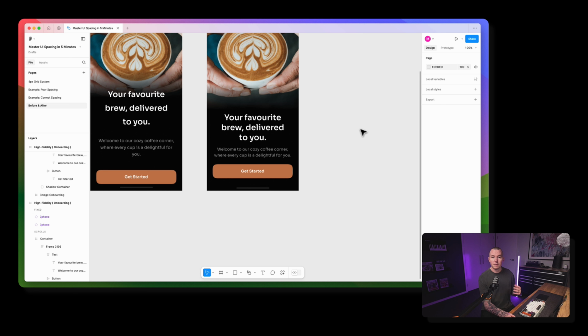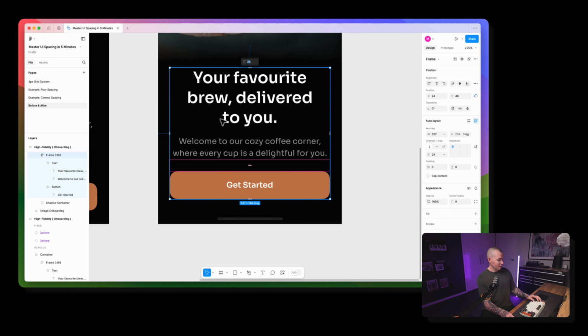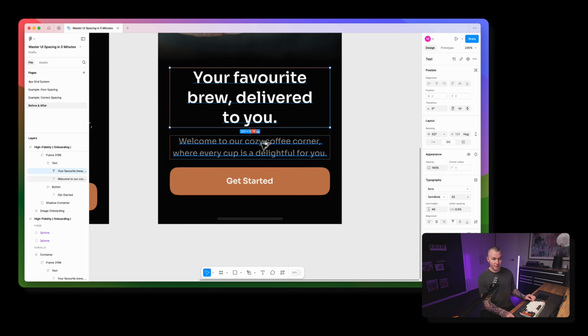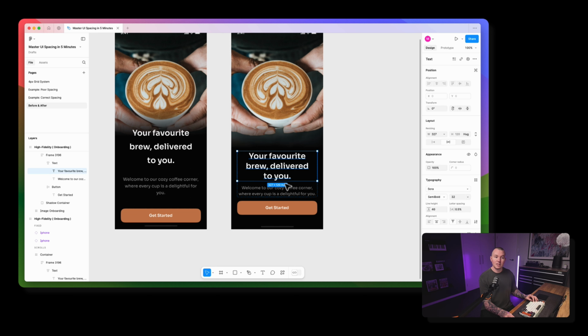And this is a bit more of an advanced topic to cover, but things around optical spacing. And while mathematically you might want to go 16 and 16 because it's correct, I'll show you what happens if I change this spacing, go down from 24 to 16. Right, so now we've got 16 between the header and the subheader and 16 between the subheader and the button. Now, if we zoom out and look at that, does it look wrong? Not overly, but there's something a little bit off about it compared to what we had before. And while they're the exact same values, sometimes, especially when you're dealing with headings and type on the page, you're